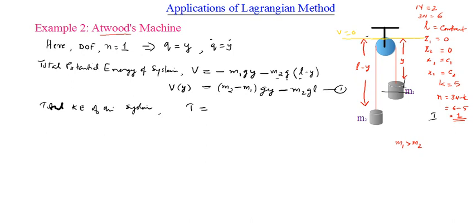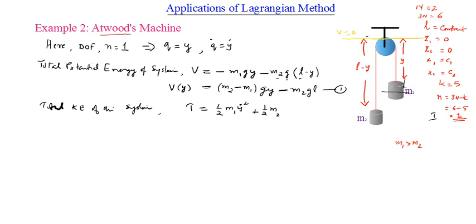So it should be equal to half m1 v1 square, where v1 is the velocity of the first mass m1. So I can write v1 as y dot, is it not? Here the generalized velocity is the linear velocity along the y direction. So plus half m2